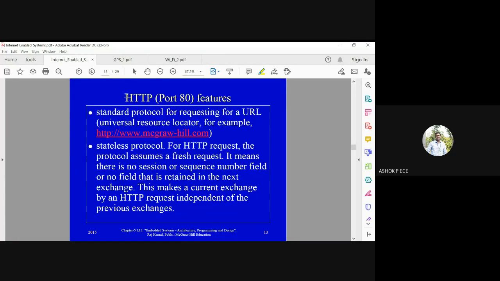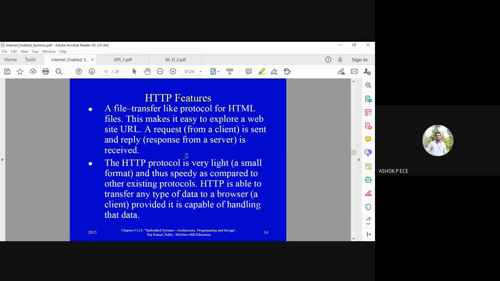Okay. So HTTP request standard uses port number 80 and it is not explicitly mentioned, whereas other ports you have to mention, but 80 is a default port, so you need not mention it. And in HTTP, you write to the website like this. Every request is a fresh request. Stateless means it will not store the previous request. Every request is considered to be a fresh request, and it will hit the server with the request. And you will have a response which will have the details of the web page. Okay, that is HTTP. The request is sent and reply is received.